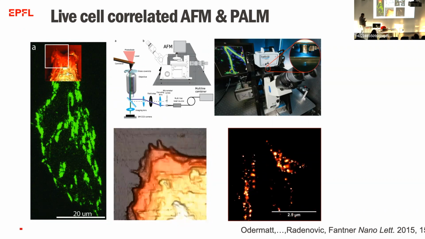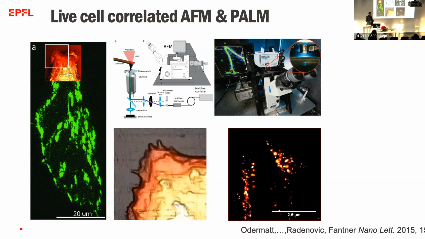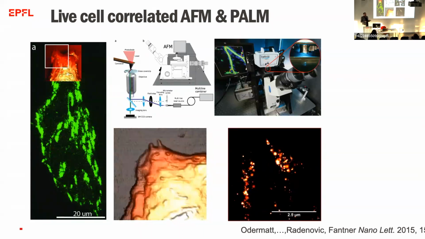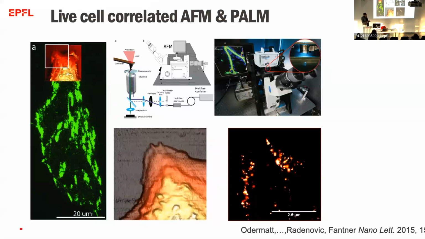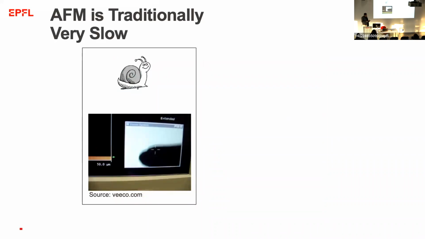So we thought this was really nice and really interesting, but it was not satisfactory because it was still taking too long, and the goal that we had of observing something relevant without killing the cells was just not achieved. One of the problems is that because we were trying to image point by point with our probe, it naturally takes a very long time because you have to go to every point individually. And that's why, if any of you has done any AFM or any other kind of scanning probe microscopy,